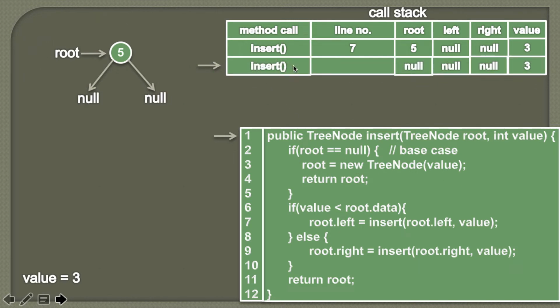that there would be a new insert method on the call stack, and here we know that root left is null. Therefore for this insert method root will be null and left and right would be null, and the value which we want to insert is 3. So here root will be pointing to null now, and we'll again check whether root is equal to null or not. So here you can see root is equal to null,